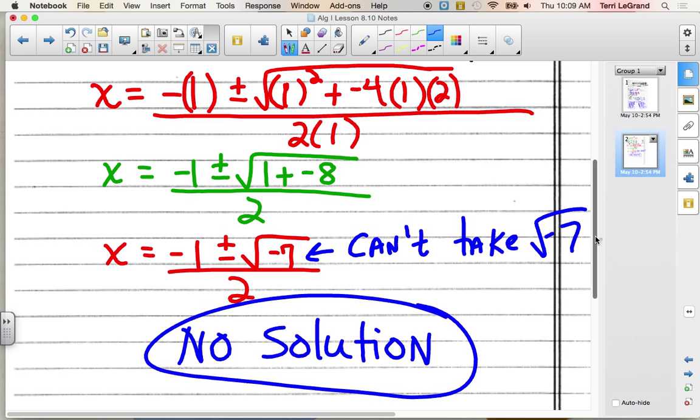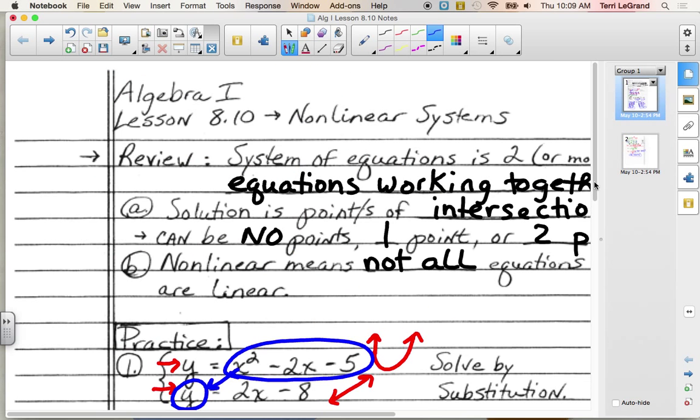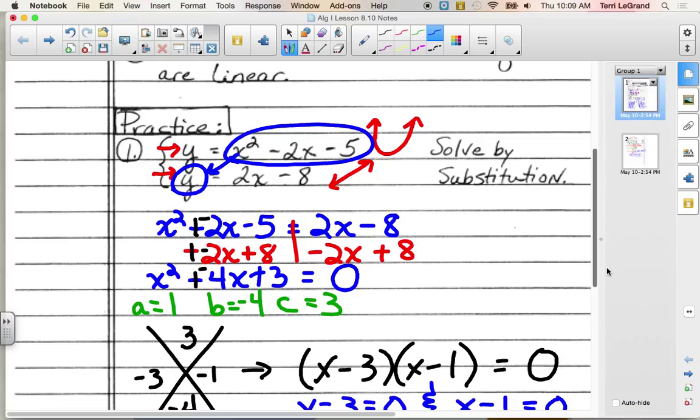Like, on this front side, when we got positive 3, negative 2, we would put negative 2 in this one for y, we'd put positive 3 in for x, and we'd see if it checked out. Then we would put it in this one and see if it checked out. If it checked out in both of them, we'd say, oh, cool, that's a solution. Then we'd check our other one, positive 1, negative 6, in both of them. So that's why you only have 4 problems to do, because they take a little bit and then I just want you to check them. Okay, so let's get